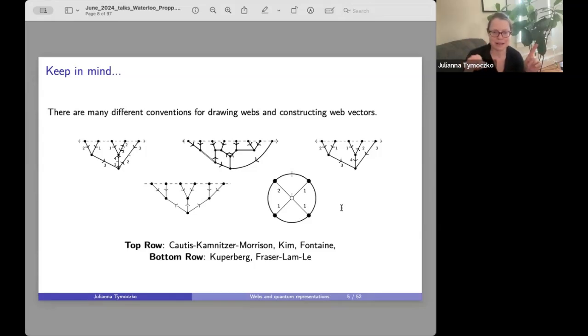So here is a picture with some of the different people. On the top left, the Brundan, Chemnitzer, Morrison picture, I'm just going to flag that for your attention because we will return to that and say a couple words about it. The one on the bottom left is from Greg Kuperberg. You can also take a little gander at that, and we will also return to that description.